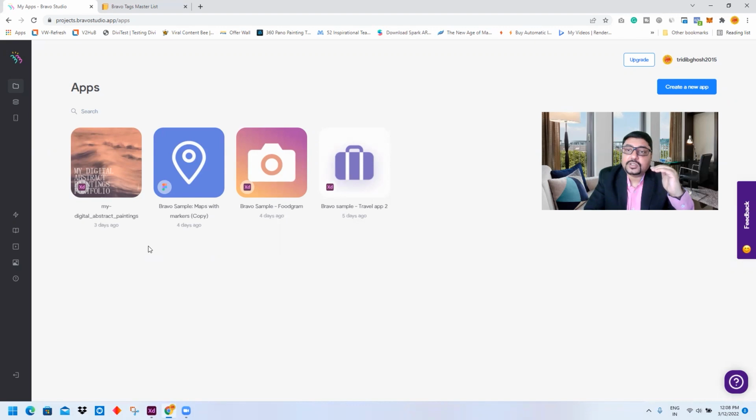Sometimes you put top level tags in the second level and vice versa. In that way, there will be a conflict of layer level of tagging, and that's the reason your app will not perform correctly. So that's pretty much the simple way of creating Bravo applications from your Figma or Adobe XD UI prototype.